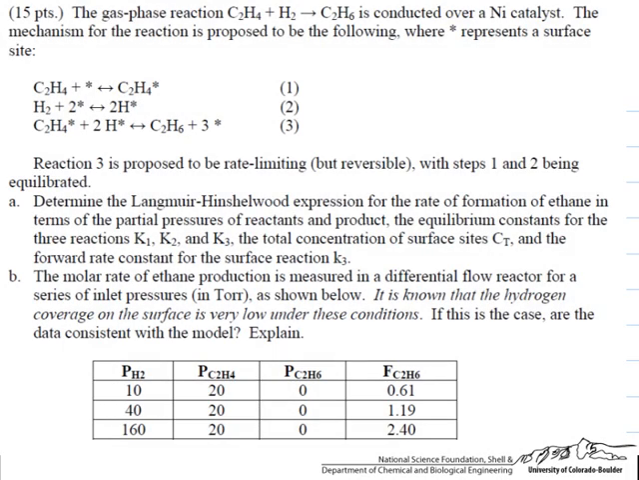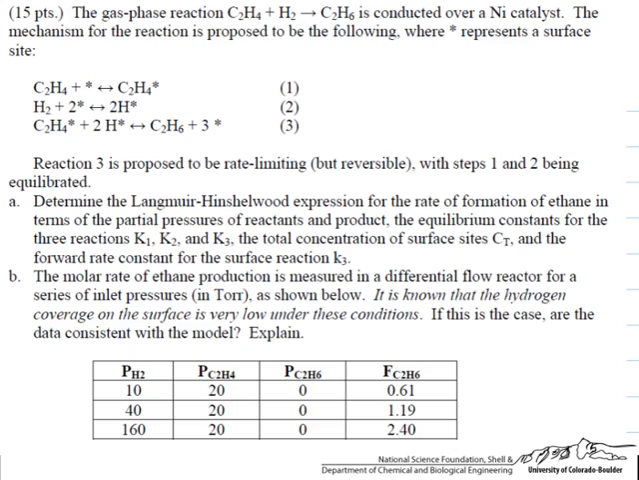So this is a problem that involves coming up with a Langmuir-Hinshelwood mechanism and then evaluating whether that mechanism can explain some kinetic data in the second part of the problem. In this case, we're dealing with the hydrogenation of ethylene to ethane conducted over a nickel catalyst, where the mechanism